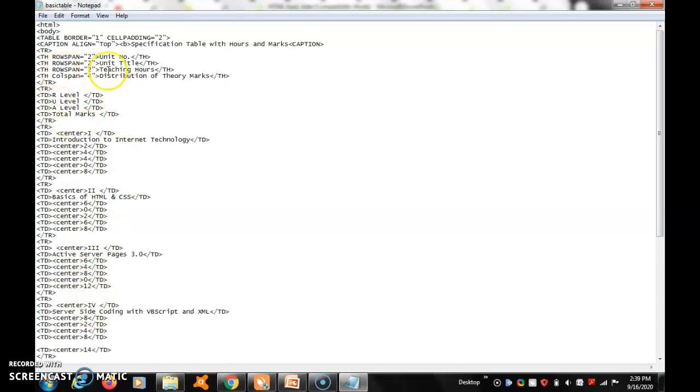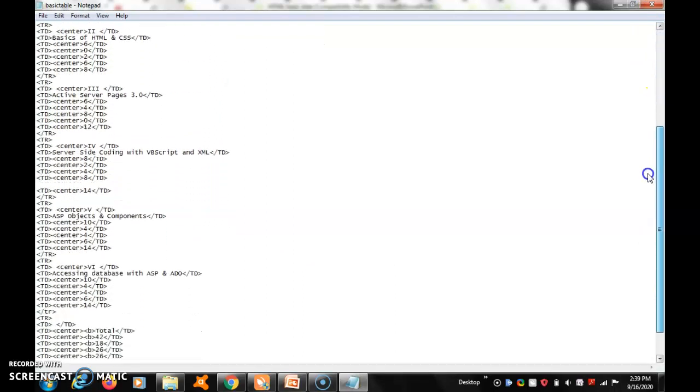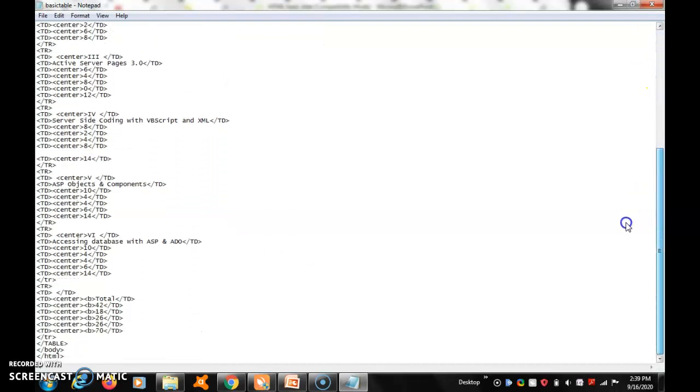Here the table header, then there are some subtopics, the subtitles of the table header. Here subject wise, marks and hours and marks are displayed. It is somewhat quite a big program. You are going to display 5-6 rows of data.